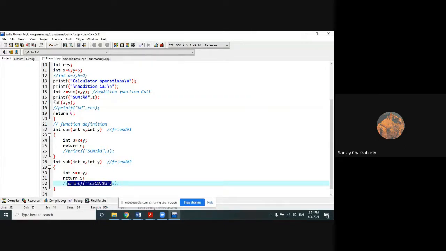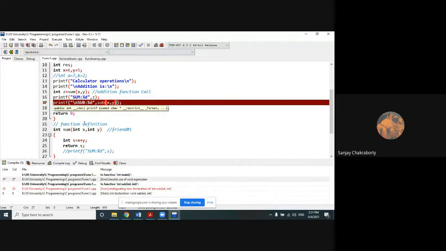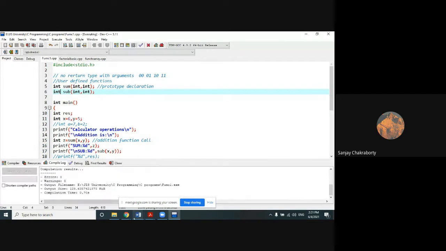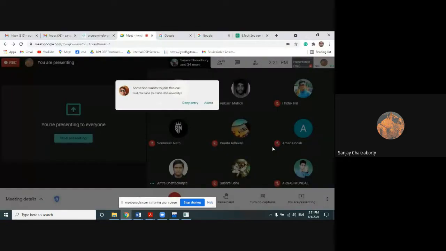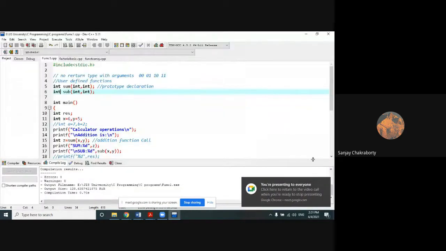You can also store the value into some temporary variable and then print it, or you can directly print the sub-function of x comma y. Both are possible. Okay. Again, need to change the prototype declaration. Okay. The function is running clearly, right?